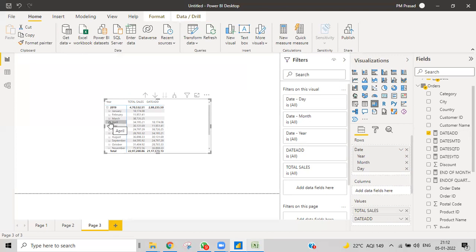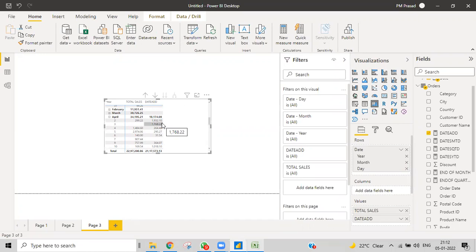And then you can see even the dates. On April 2nd, the sales that have been done there is in January. I'll click that. January 2nd it is 1932, and 3rd it is 1768. So you can see here for April it is showing like this. Even the dates will show 3 months back's value. This is date add. You can make it forward, backward, whatever it might be. It will show that particular month's data.